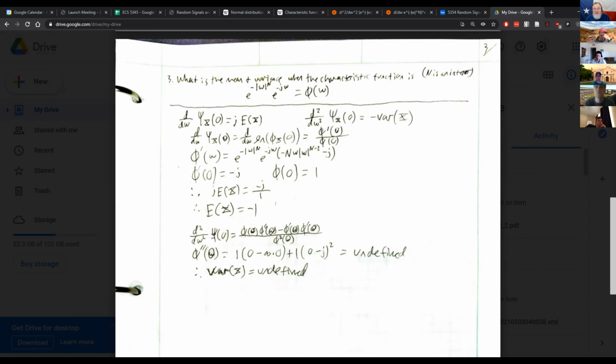Wouldn't they? Well, no. You have to ask yourself, what is the value of a discontinuity at the origin? Hmm. Okay. Yeah. What is the value of the discontinuity at the origin? And it turns out that in all the cases where capital N is odd, you're going to get that discontinuity. For all cases where N is odd, you get that discontinuity at the origin when you differentiate.